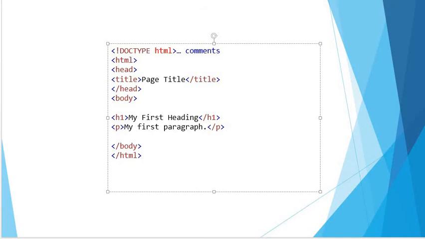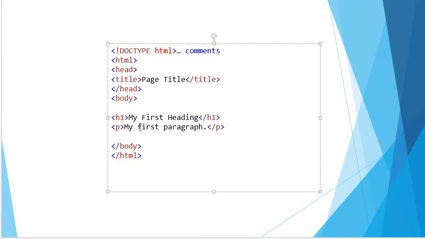This is the head, and under the head you'll have something called a title. The title will describe what title you need to be displayed on your page. I'll help you out with that and tell you how it works by coding it. You can use Notepad, Sublime, and so on, whichever editor you like to use. I'll be using Sublime. That holds good in the head. The body is a very important thing in HTML. This is what will help you out. This will be the content in your web browser.